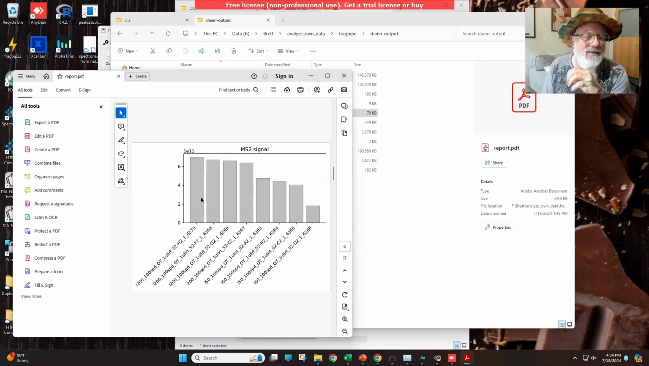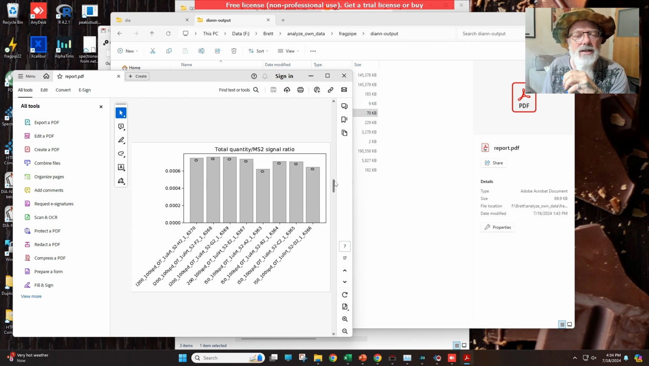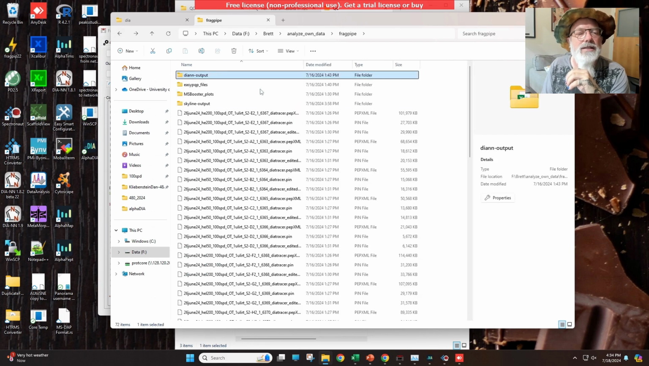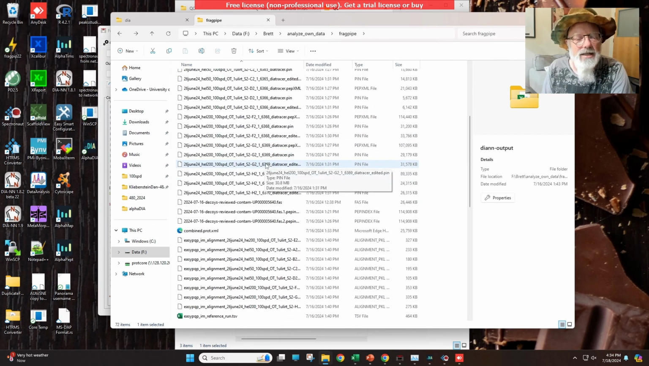So these are probably the 200 nanograms and the 50, so you would expect less signal there. Anyway, you can look at those. Those are kind of useful. In order to look at how many proteins and peptides we identified in this data set, and there's a ton